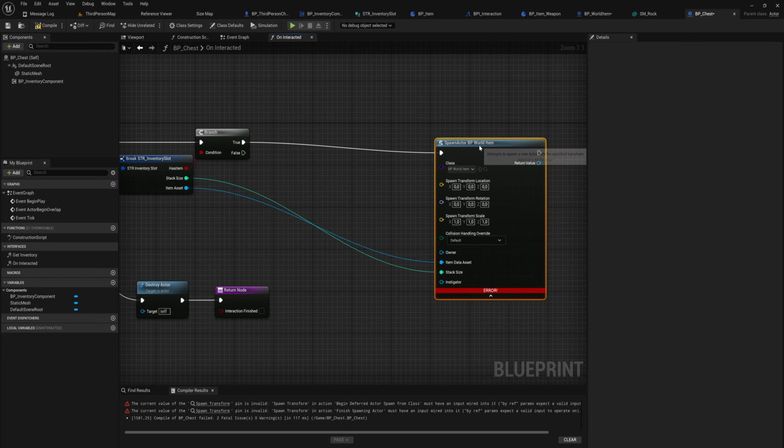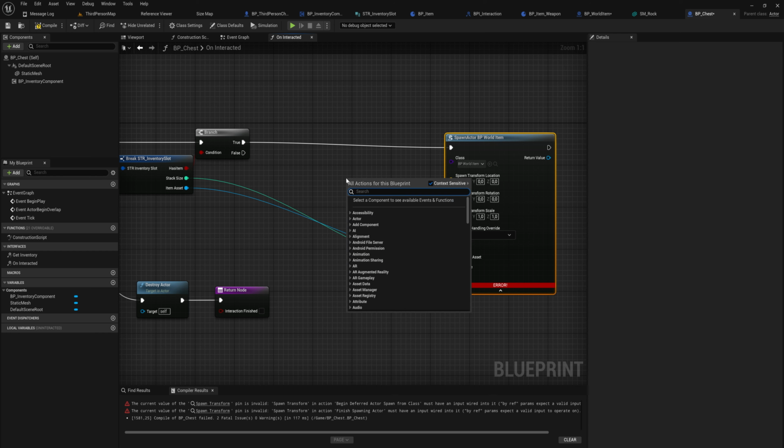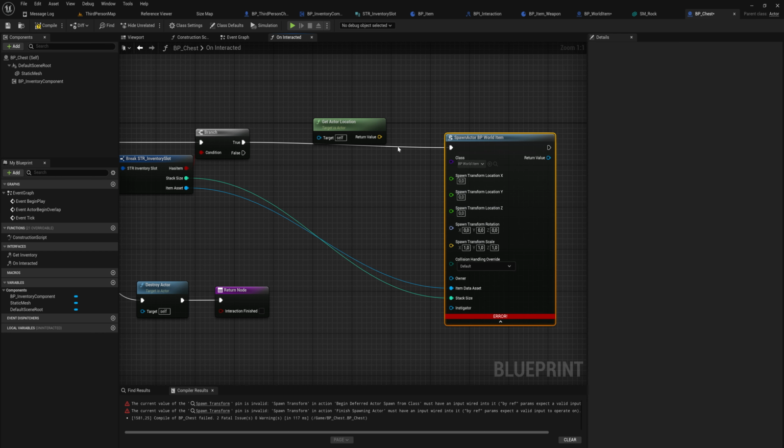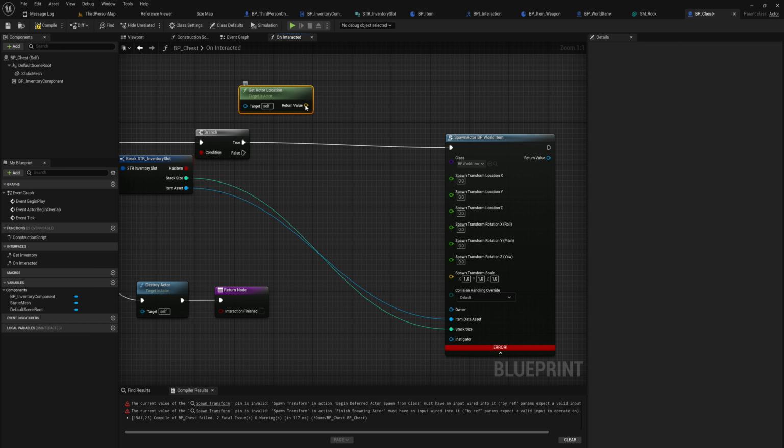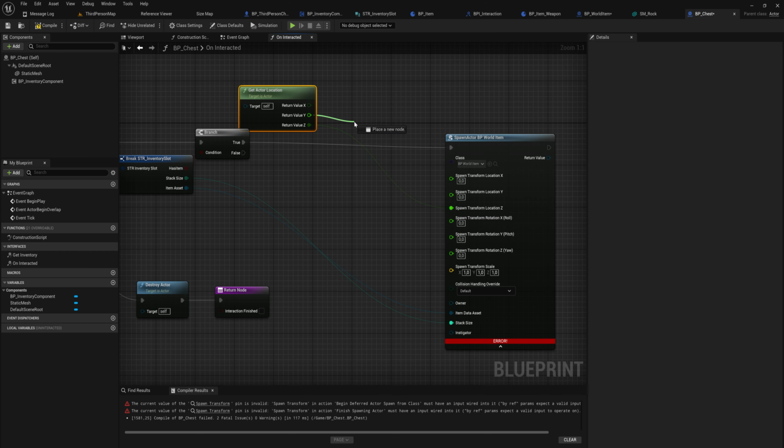The scale should probably remain at 1. The location, we can get actor location. We split the location structure pin as well, and we might as well split the structure pin for the rotation too, because we're going to be doing something with that in a moment. Split structure pin, the Z value we will just put into the Z value, and then the Y value we